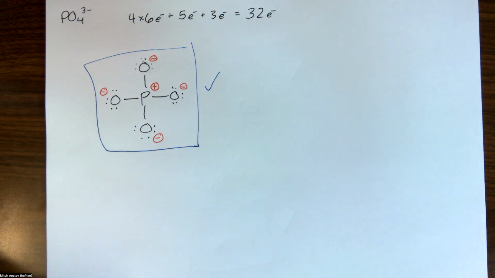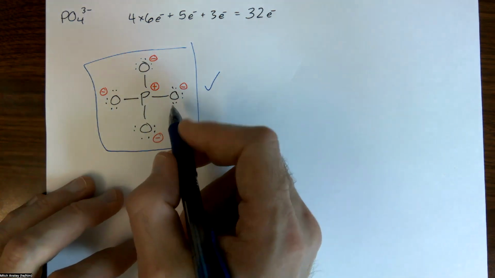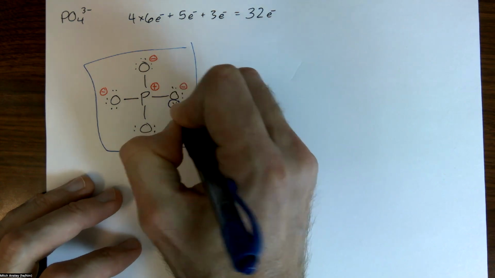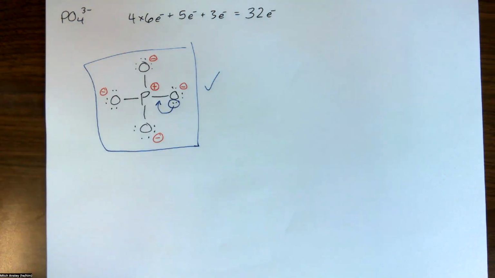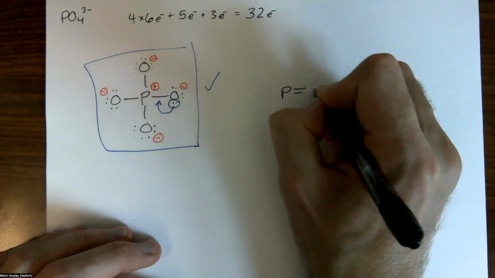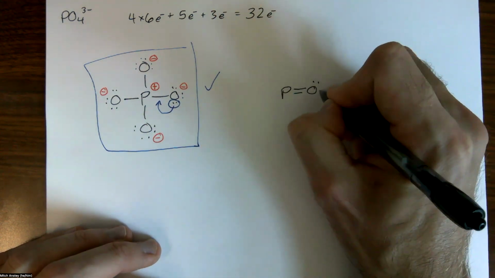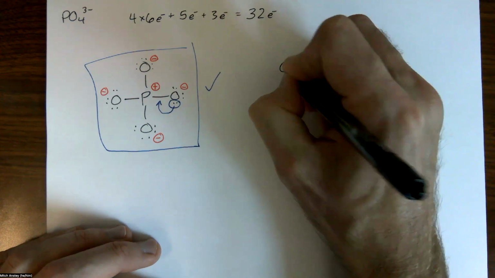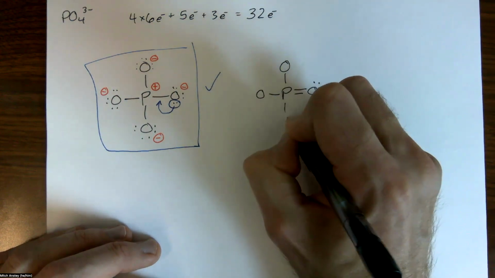So what we could imagine is taking a pair of electrons, maybe over here, and sharing it with the phosphorus. That phosphorus atom would be double bonded to the oxygen on the right-hand side, and if I leave all the other oxygens alone,